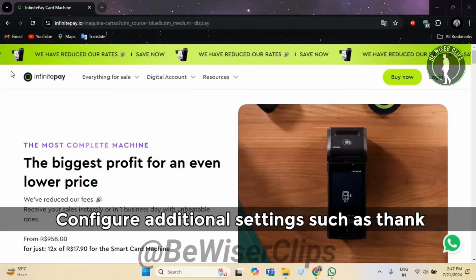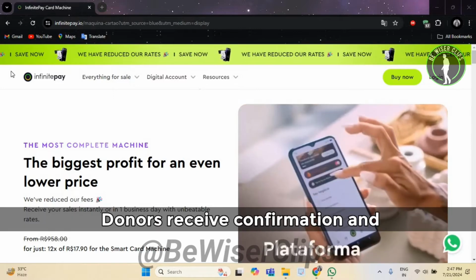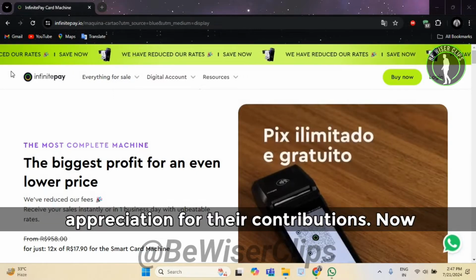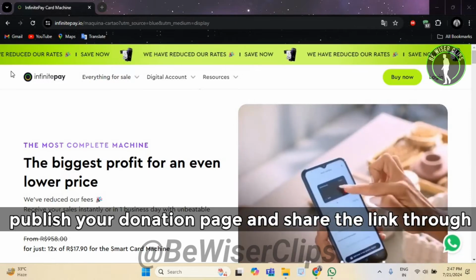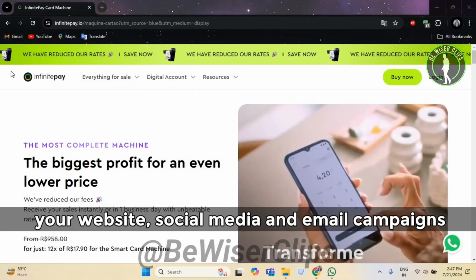Configure additional settings such as thank you messages and donation receipts to ensure donors receive confirmation and appreciation for their contributions. Now publish your donation page and share the link through your website, social media and email campaigns to reach